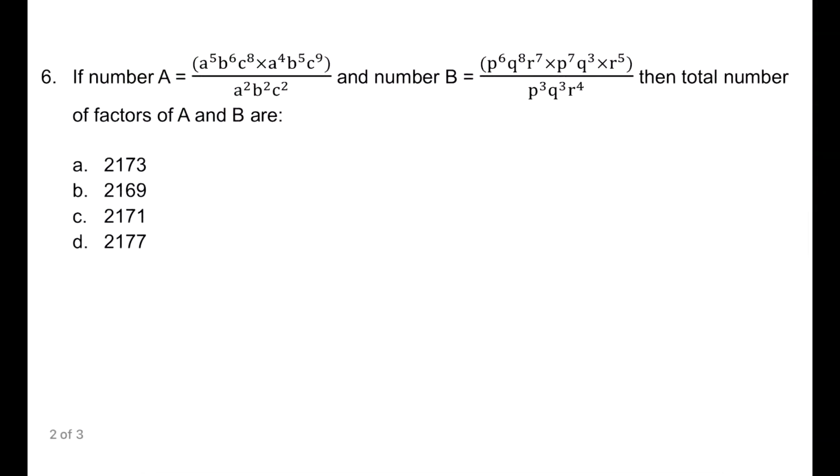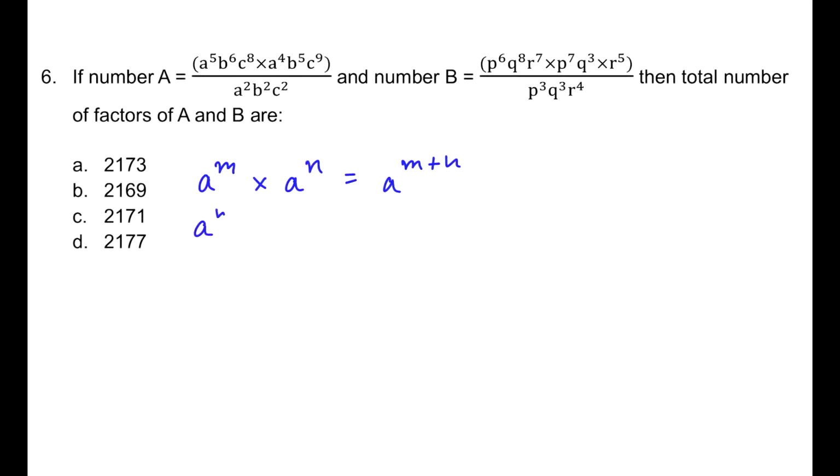In the sixth question, we have two numbers A and B represented in the form of powers, and from that I have to calculate the total number of factors. ये निकालने के लिए मैं exponent का एक बहुत important rule आप लोगों को बताना चाहती हूँ. A to the power m multiplied with A to the power n is equal to A to the power m plus n. यानी कि जब हम same base वाले दो numbers को multiply करते हैं तो उनके powers add हो जाते हैं,